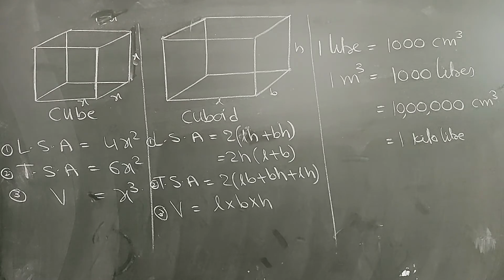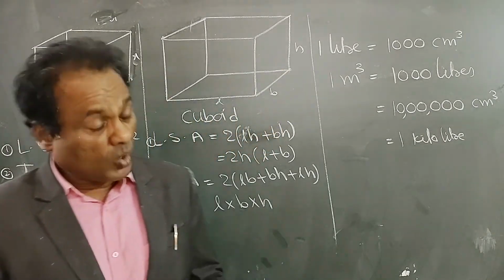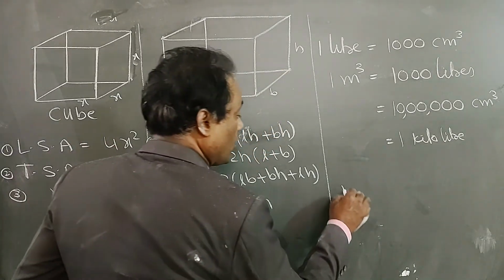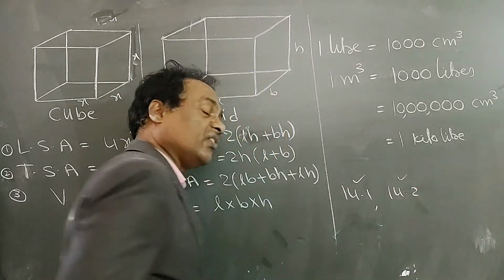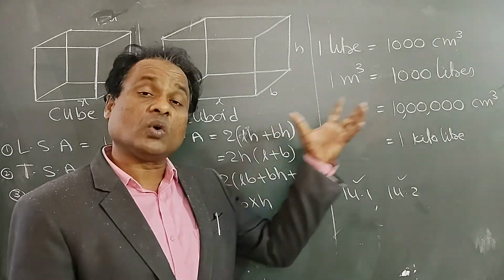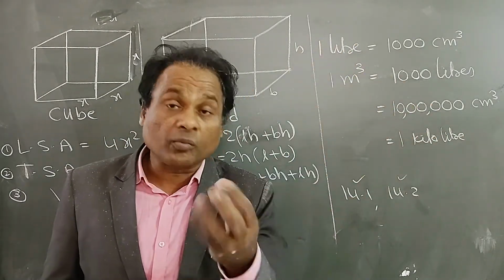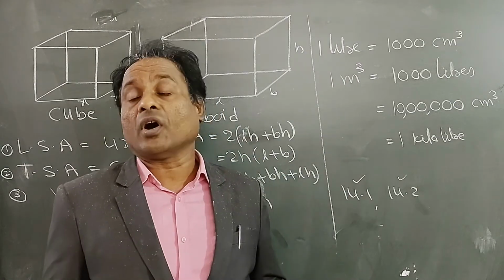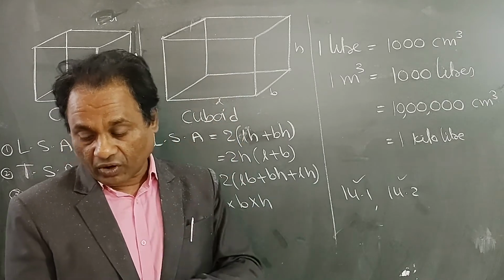So these are all formulas, and these conversions we also studied. In the two exercises, 14.1 and 14.2, I solved each and every problem. But there is some confusion in changing one solid figure into another. Suppose we have a big cube and from that we are making small cubes. How many cubes can we form? That is a little confusing, so we will solve that type of problems.